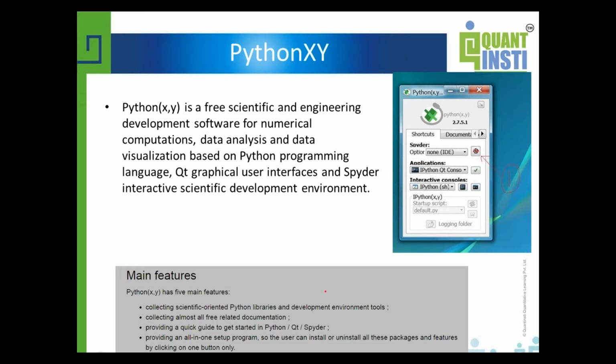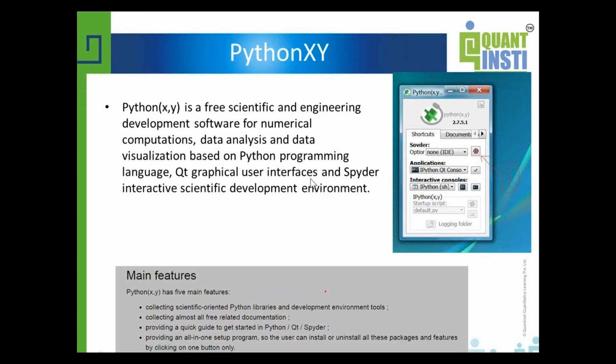It takes a while, more than an hour, to download the full package of PythonXY. It takes a long time, but believe me, it's worth your time to install it, because a lot of very useful packages will be downloaded at the same time, and you will use them later, so you don't need to worry about downloading and installing them later.